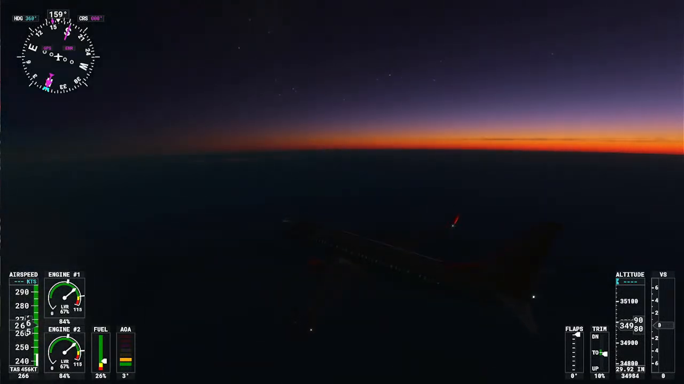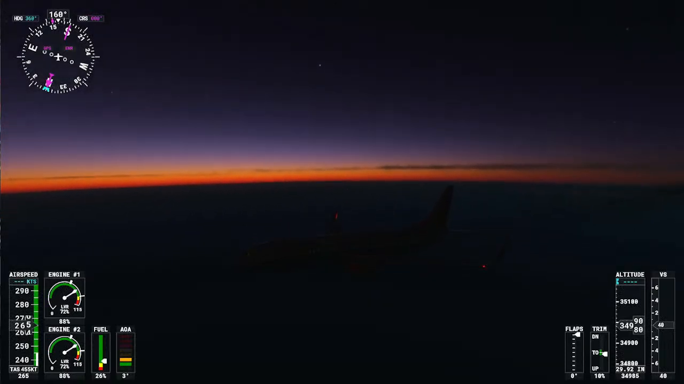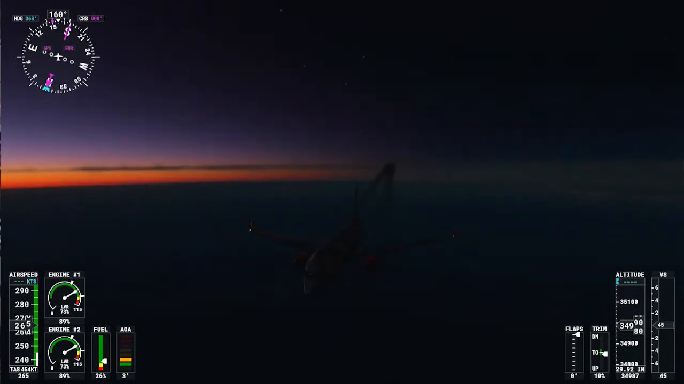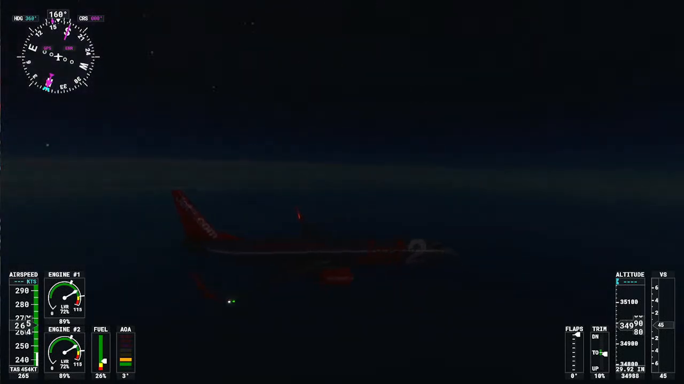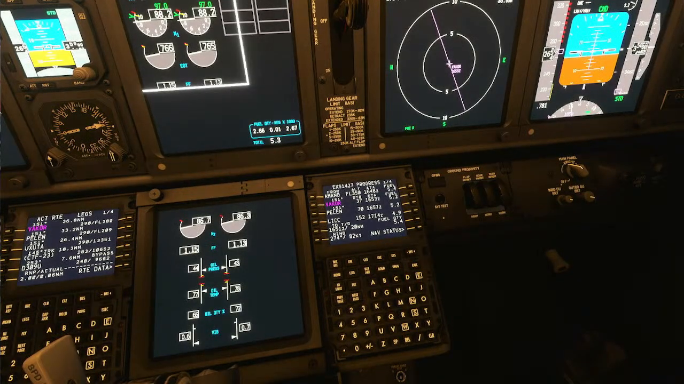Okay, so if anybody's heard me talking about nighttime flying in Microsoft Simulator, here's what I'm talking about. And maybe this is how it is in real life, but you can't see the airplane at all. I mean, the interior looks awesome, but